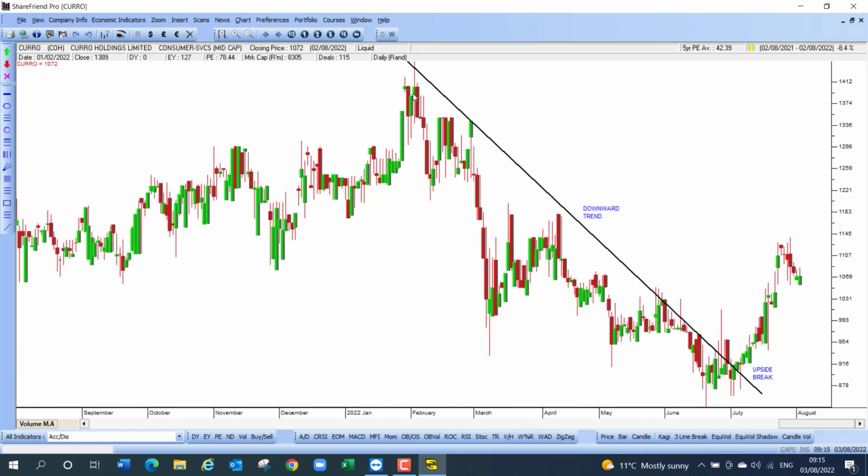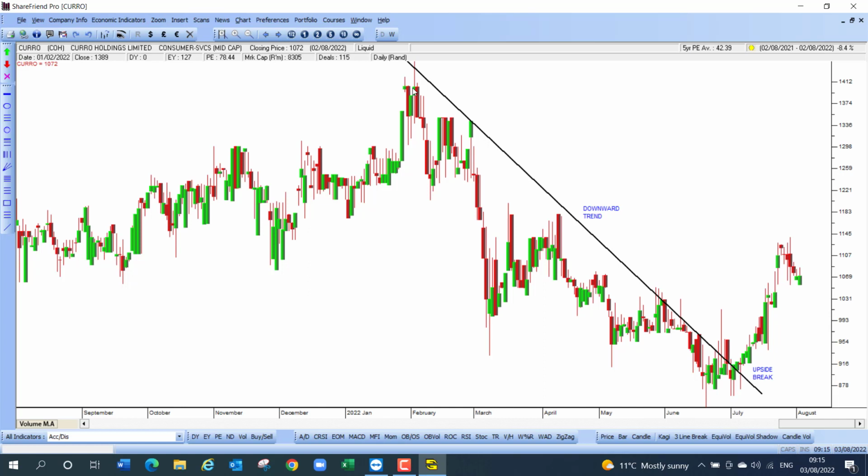There's a one-year chart of it. And what is interesting about this share is that back in December 2015, it was trading on a price-earnings ratio of 244. That's almost a record on the JSE, I think. And obviously, when you see a share at a price-earnings ratio of 244, the only way it can go is down, and that's exactly what happened.